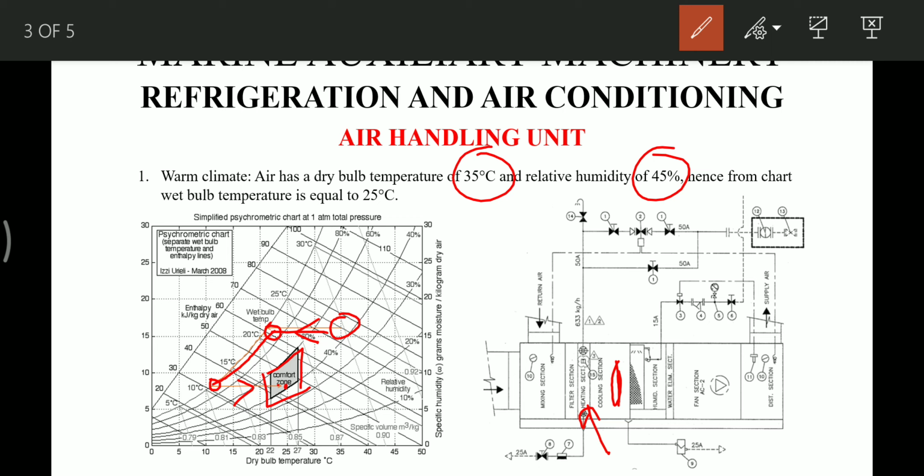So as this 12 degree air with 100% relative humidity moves into the system, into the ducts, it takes the surrounding heat, and the air motion and air resistance, all these things add heat, and when it reaches the cabins, it is in the comfortable zone. That is, it is at a temperature of 24 degrees Celsius and 50% humidity. So this is how the air is controlled during summer.